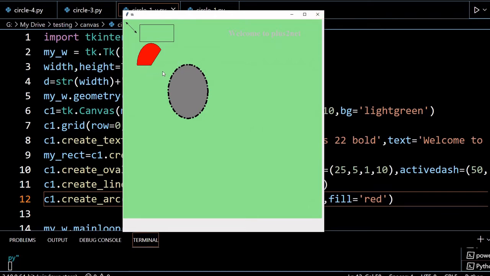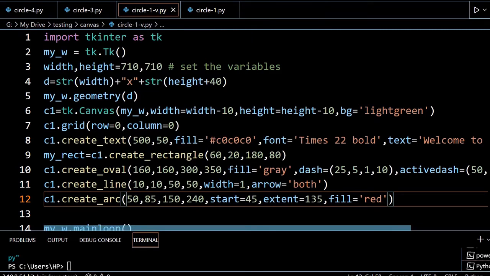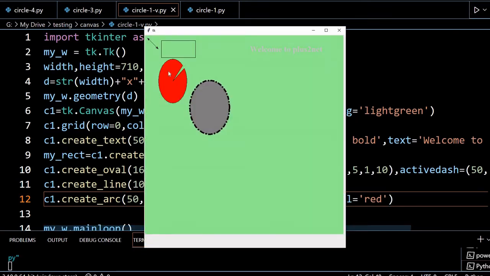So it should come like this, and a slight gap will be left. Let's run this and extend. I will put 350, so 10 I am leaving. You can see this 10 is the balance. If I make it 360, it will join here. So that is how the arc will be.